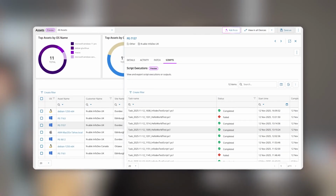In Q1, we introduced Script Hub into public preview. This gives teams a single place to create, manage, and run scripts across Windows, Mac OS, and Linux. Scripts are stored centrally and can be executed directly from the asset view with results available in context. For teams, this reduces the amount of time spent moving between tools and tracking down execution details. It also makes it easier to apply the same approach across different operating systems, which is increasingly important in mixed